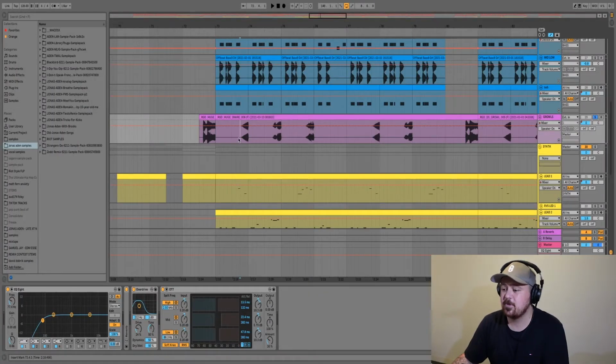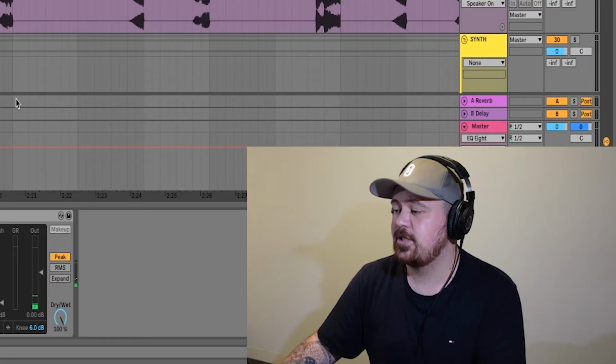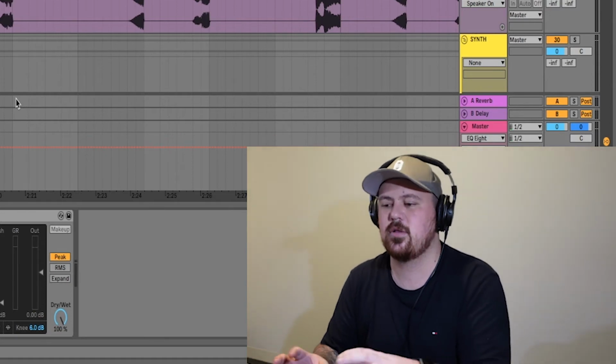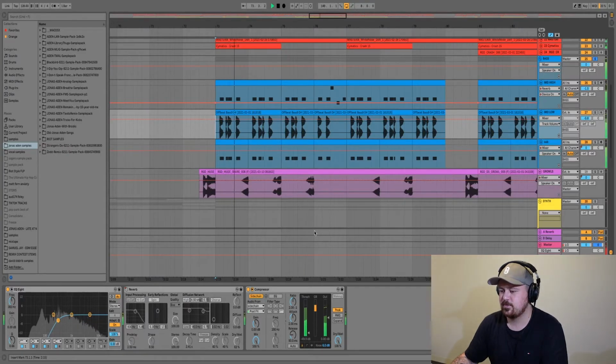Next up, we've got some dubstep growls, which really just help fill in the gaps where the bass isn't playing. So you can see without the dubstep noises, it feels quite empty where the bass isn't playing. And then with dubstep noises, you can see it really helps fill up that space and create a bit of variation and something a little bit unique instead of just having an offbeat bass playing the whole time.